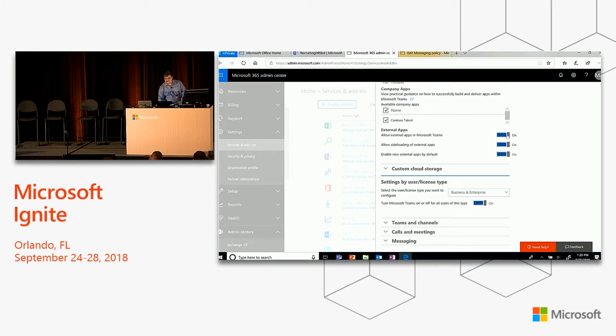Now, the other thing is that we have multiple settings for external apps. Now, why do we have that? So with the store, one of the things that we find is that if you're in an IT organization and you're concerned about sort of data security, which is most of you, one of the feedback items that we hear quite a bit is hey, we'd love to turn on third-party apps, but it needs to go through our security review first. And so if I'm going to go through a security review, I want to make sure that I don't enable those apps until they've actually completed review.